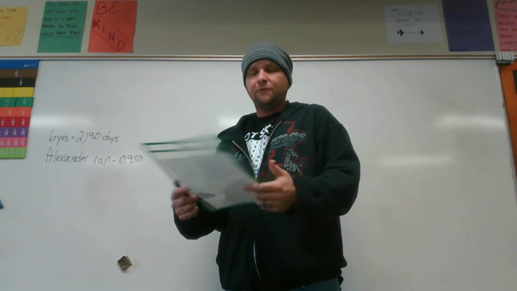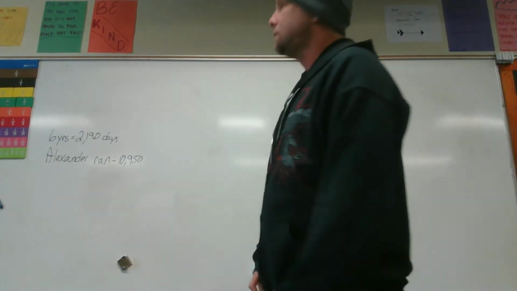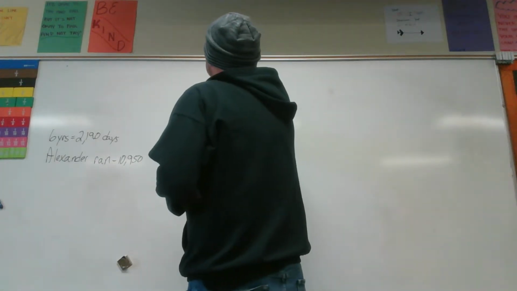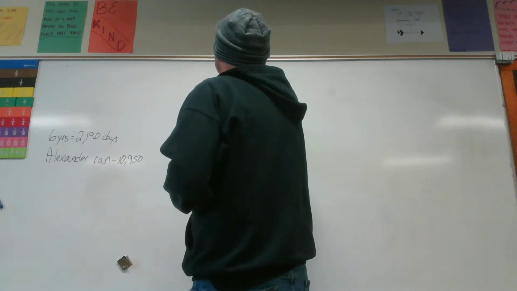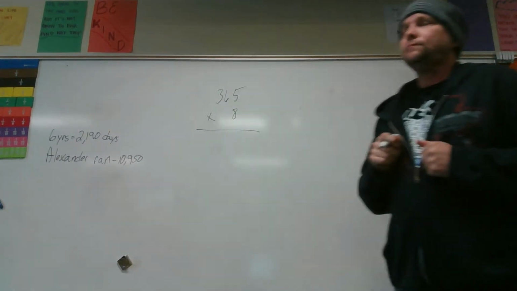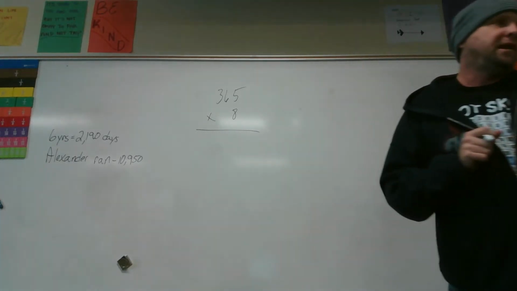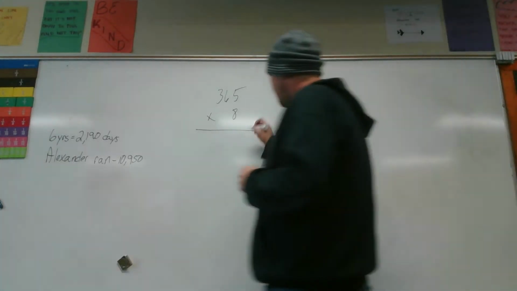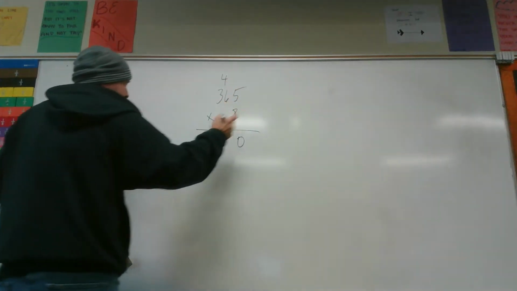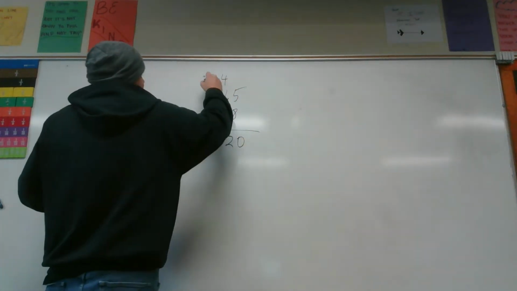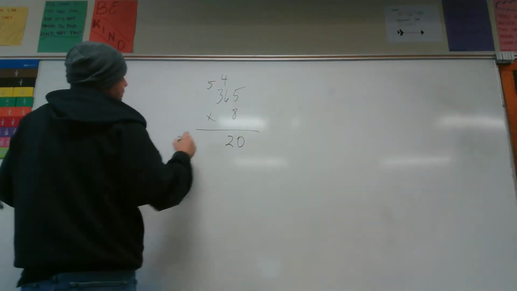Cindy Cooperline ran 3 miles a day for 8 years. Well, we looked at our formula chart. We know there are 365 days in a year. And we're going to figure out how many days she ran. So that's 40 with a 0 and a 48 plus 4 is 52. 24 plus 5 is 29.